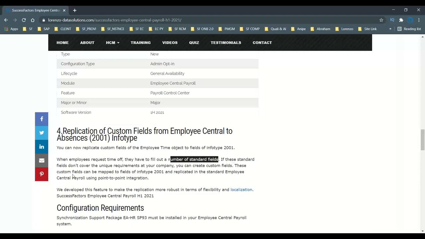If these standard fields don't cover the unique requirements of your company, you can create a custom field and map it to InfoType 2001 and replicate it from standard Employee Central using the point-to-point replication. Exactly, that is what I told you. Create a custom field, like a string or number, depending upon the nature of the field, and then map this field in the P2P.